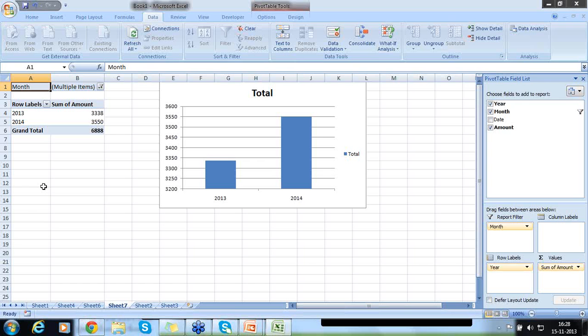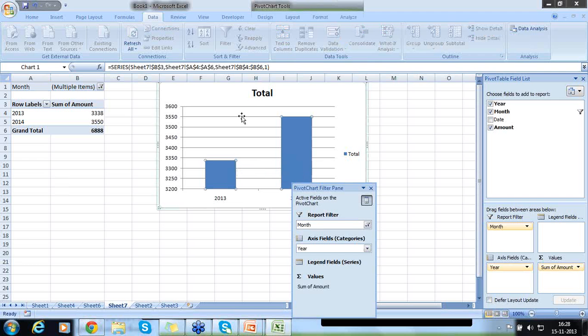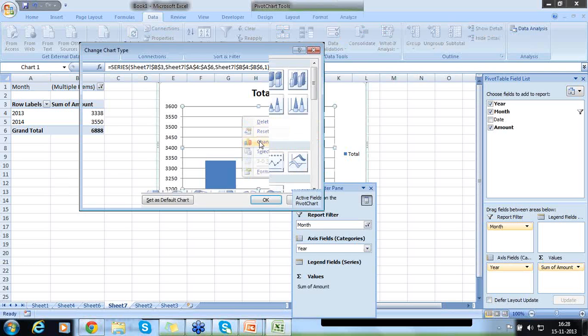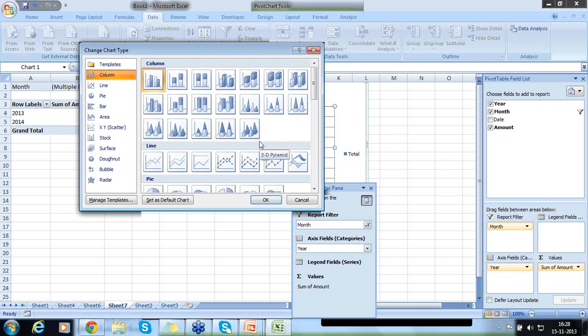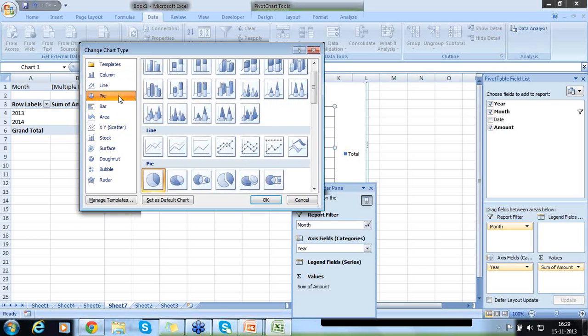and the value as well. So this is also available. Again, the type of chart, of course, you can change the type of chart, change chart type. By right click on that, you can change the chart type as well, right? I want the pie graph. Pie is again